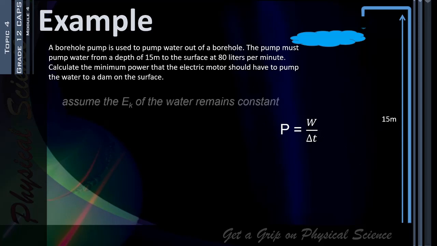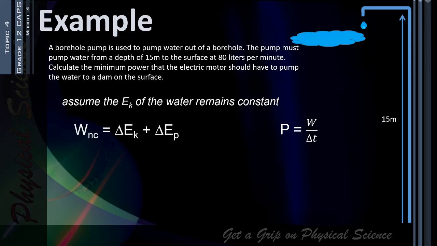We start by assuming that the kinetic energy of the water remains constant. Now you can use any method to calculate the work done by the electric motor. Because I used the work-energy theorem in the previous example, I am going to use the work done by non-conservative forces in this example. There's only one non-conservative force here, so the work done by non-conservative forces is the work